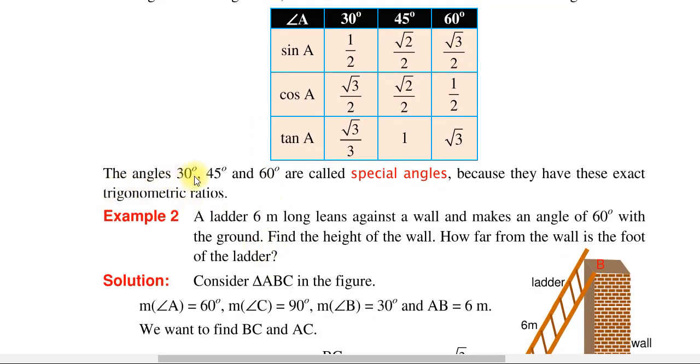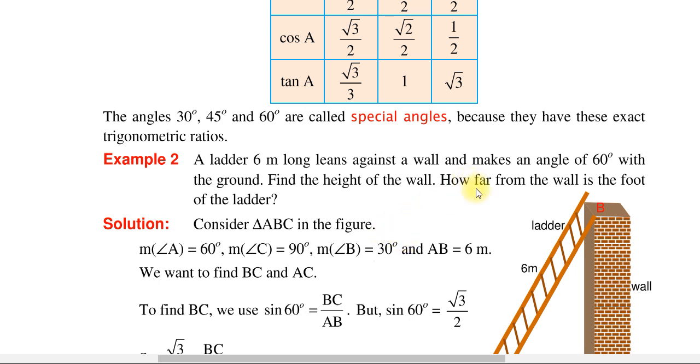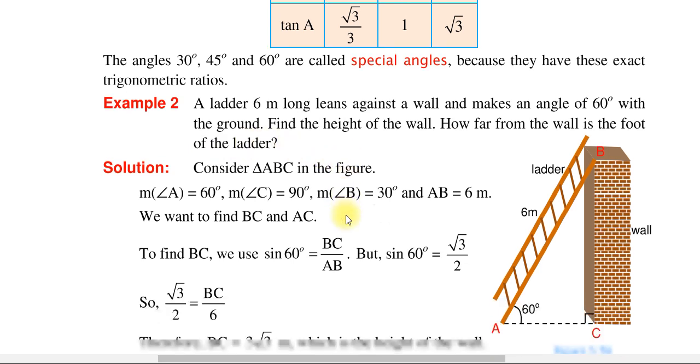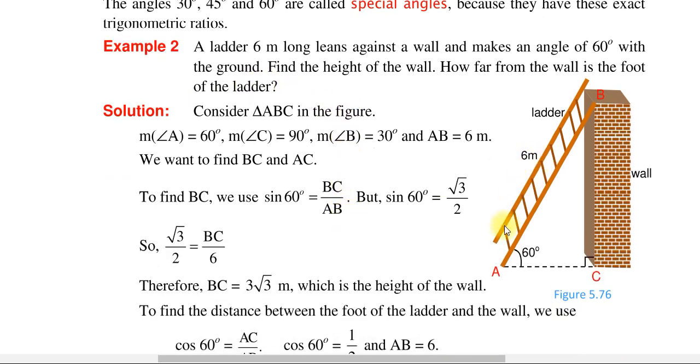Therefore, the angles 30 degrees, 45 degrees and 60 degrees are called special angles, because they have exact trigonometric ratios. For example, a ladder 6 meters long leans against a wall and makes an angle of 60 degrees with the ground. Find the height of the wall. How far from the wall is the foot of the ladder? Now the ladder has a length of 6 meters,